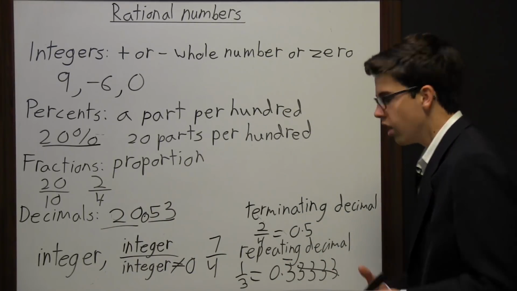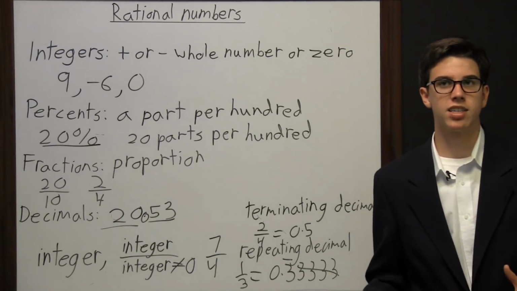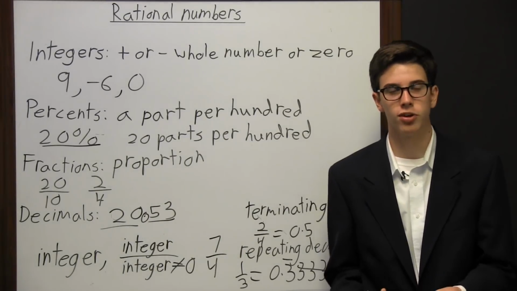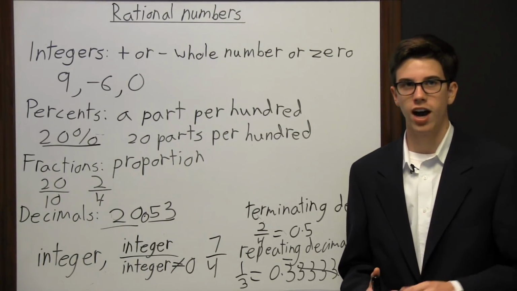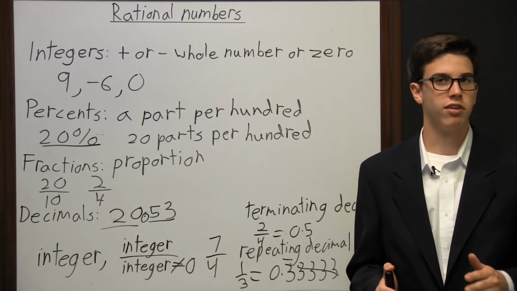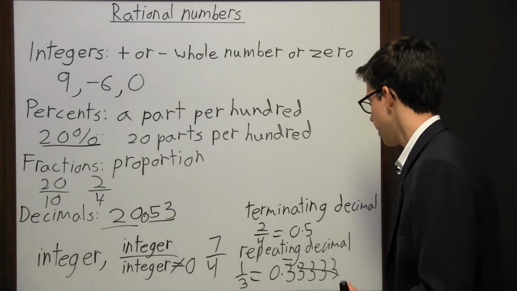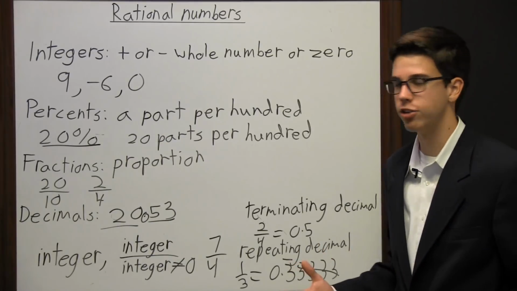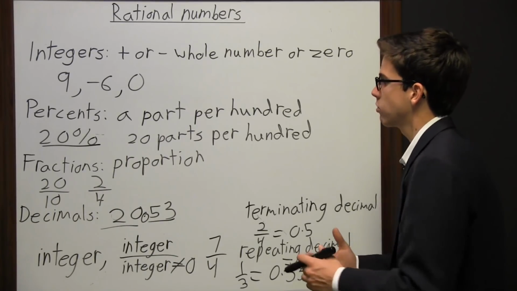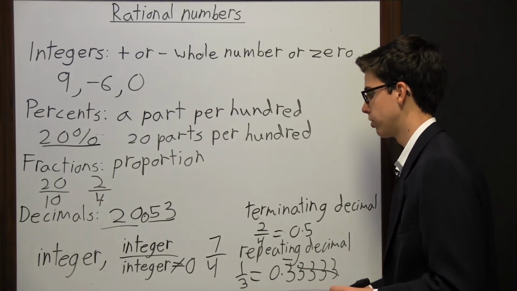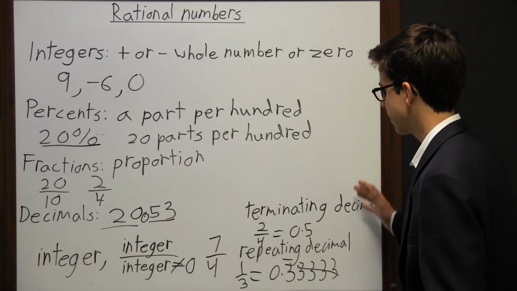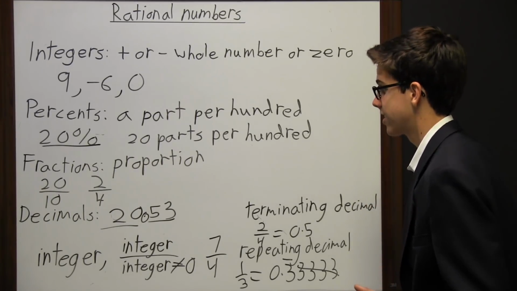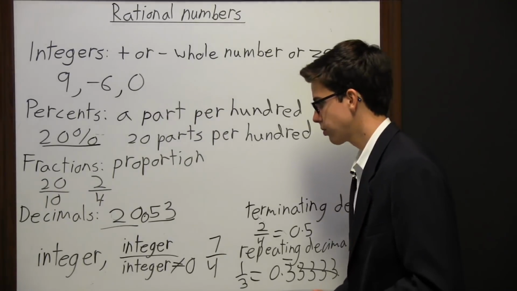repeating decimal. What you don't want is a decimal like pi, where you have 3.1415926, 5359. It just keeps going on and on. So there's no ending to it, so it's not a terminating decimal, and there's no pattern to it, so it's not a repeating decimal. That's what an irrational number is, one that just keeps going like this. These numbers, they have basically a stopping point. And so that's what we're looking for.